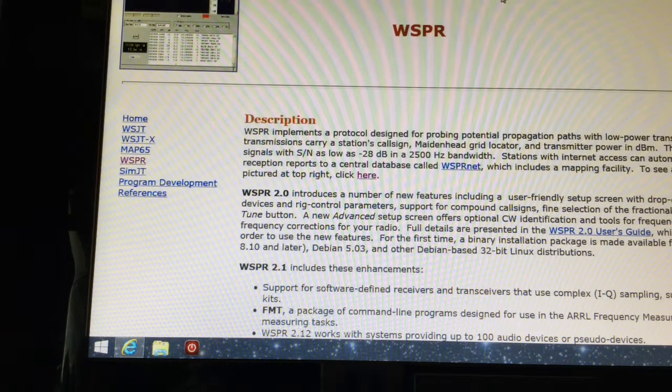All right, now, when it comes to transmitting and receiving, your transmit lasts 2 minutes. And then the receive time is randomized. Now, I'm not sure how long it's randomized. I haven't been into it long enough to figure that out yet. But it's not every 2 minutes. You transmit 2 minutes, and then maybe 2 minutes, 3 minutes, 4 minutes, 5 minutes longer that you'll be receiving before you transmit again. I'm not real sure of that time scale. After you've done that once or twice or 3 times, you then go to